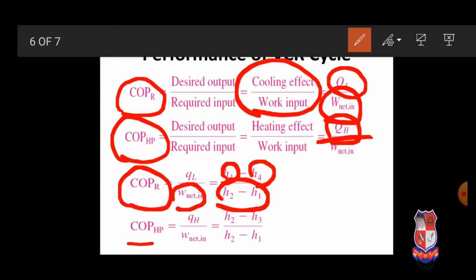Similarly, now we are going to discuss the COP of the heat pump. The COP of the heat pump is the ratio of heat rejected at the higher side divided by the required compressor work. The higher side heat is rejected in the condenser. So the condenser enthalpy difference will be considered, maximum minus minimum, H2 minus H3, divided by the required compressor work, the compressor enthalpy difference, maximum minus minimum, H2 minus H1.